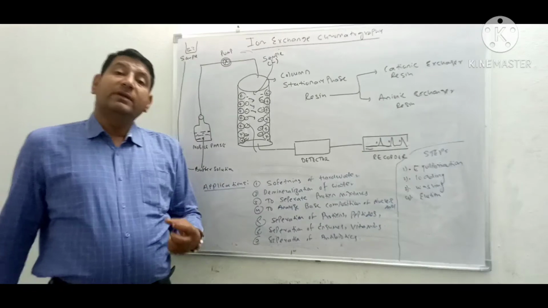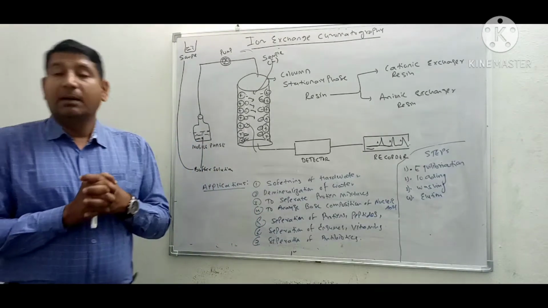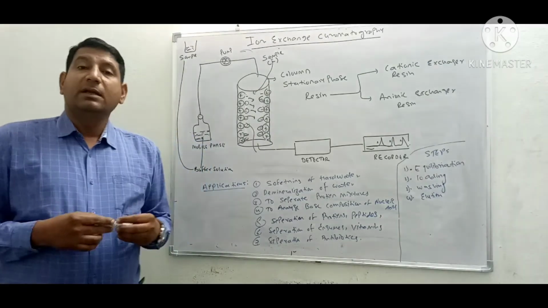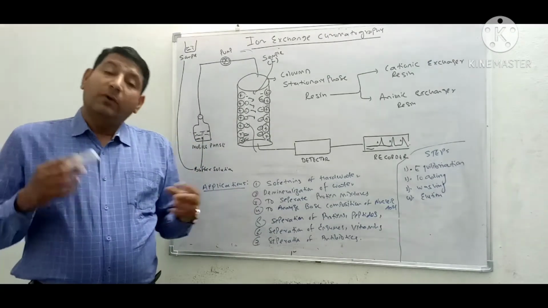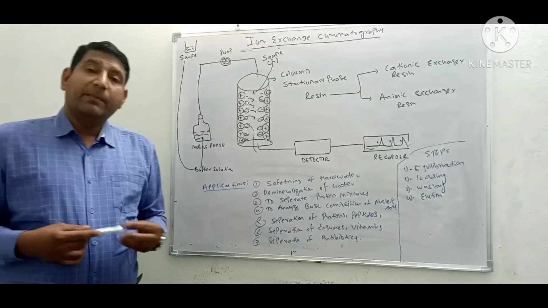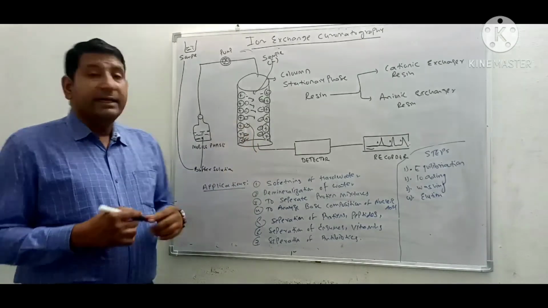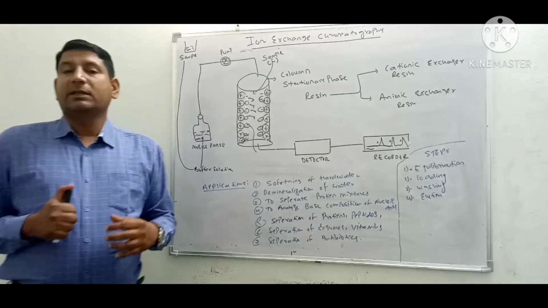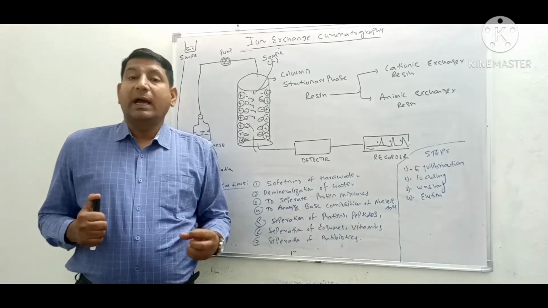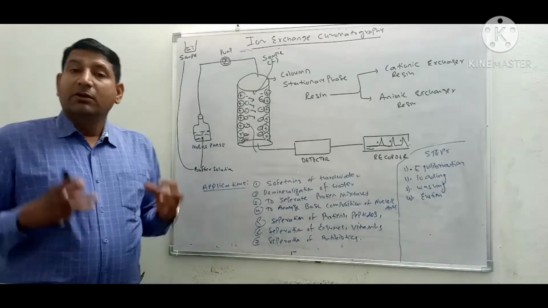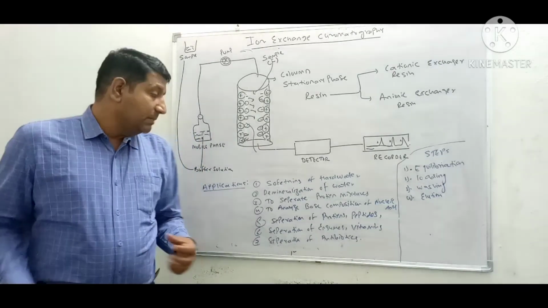Ion exchange chromatography is also used in the separation of proteins or peptides. In biochemistry, proteins and peptides are to be separated in various procedures. Although there are various different methods for separating proteins and peptides, ion exchange chromatography is a very suitable method because proteins and peptides contain some charged moieties. So ion exchange chromatography is very suitable for components which are charged moieties.